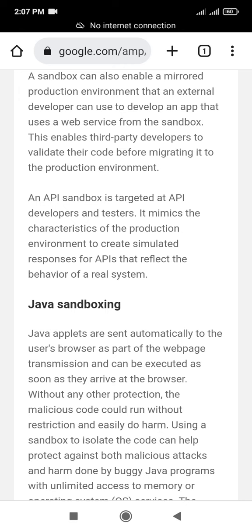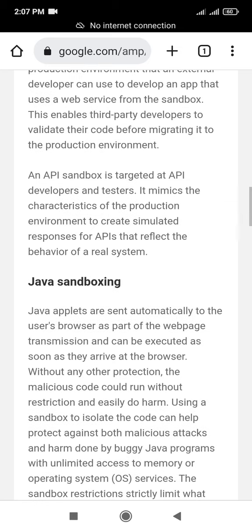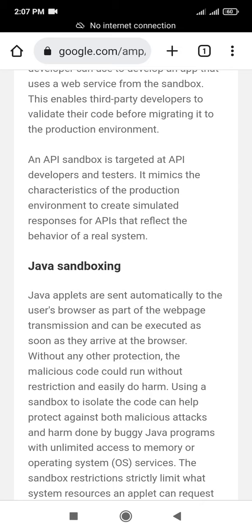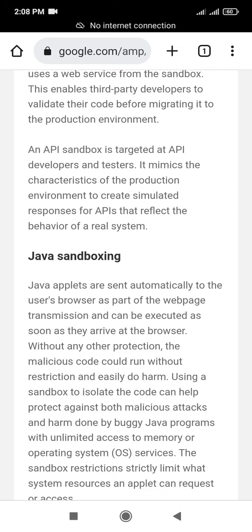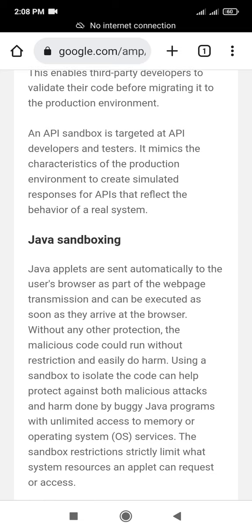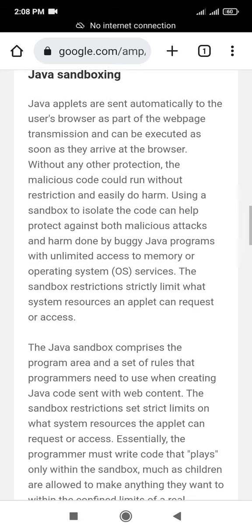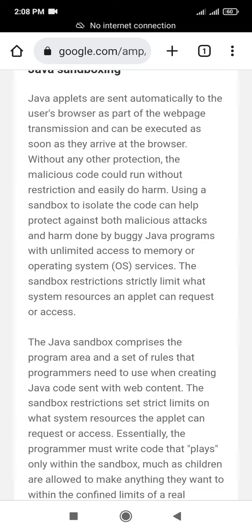unlimited access to memory or operating system services. The sandbox restrictions strictly limit what system resources an applet can request or access. The Java sandbox comprises the program area and a set of rules that programmers need to use when creating Java code sent with web content. These sandbox restrictions can